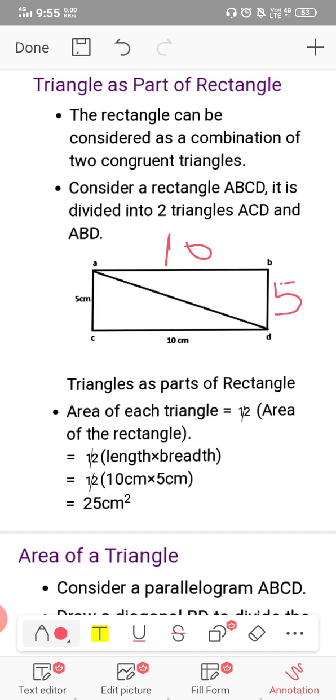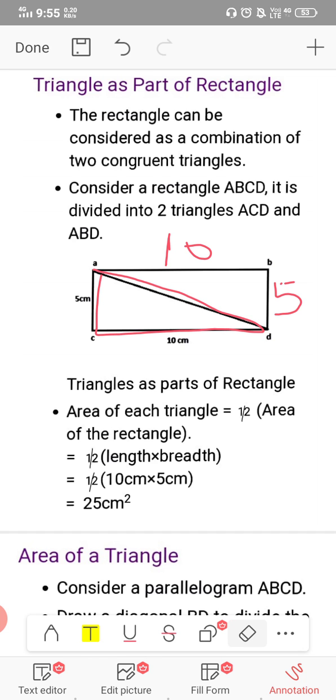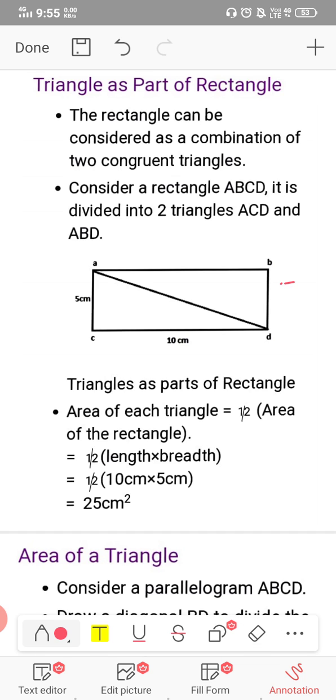ABD and ACD, where they are making two congruent triangles. So if we want the area of each triangle, the area of each triangle will be equal to half of the area of the